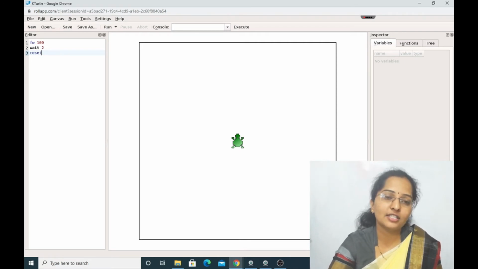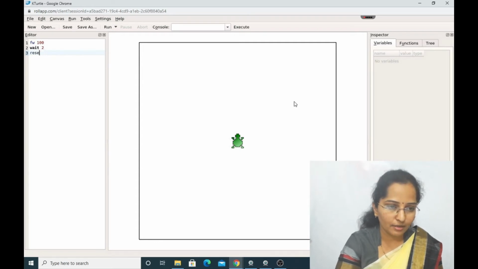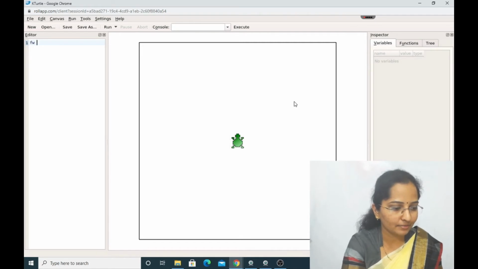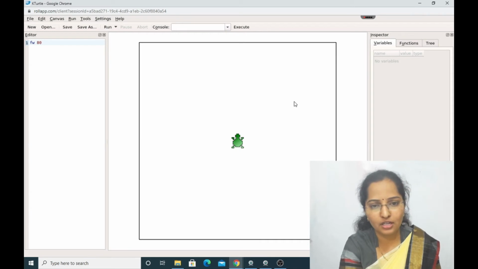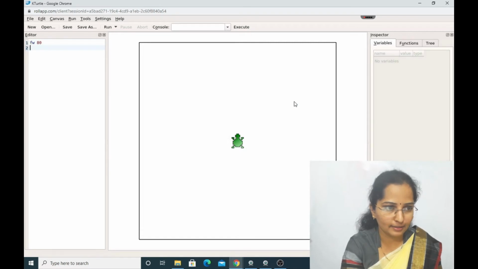Okay, how do we draw a square in the Paint application? We'll go to shapes, select a square shape and draw easily in Paint. But in KTurtle, how to draw a square? We'll see now. On page number 53, they have given the repeat command and some commands. We'll write that. FW 80. 80 means 80 points to move forward. FW means forward. Enter.